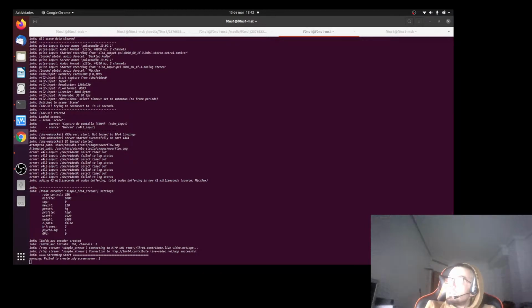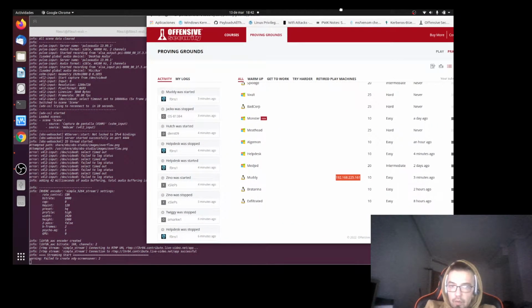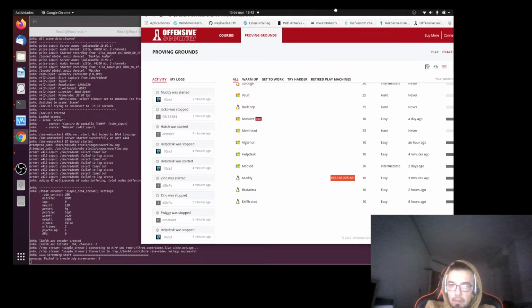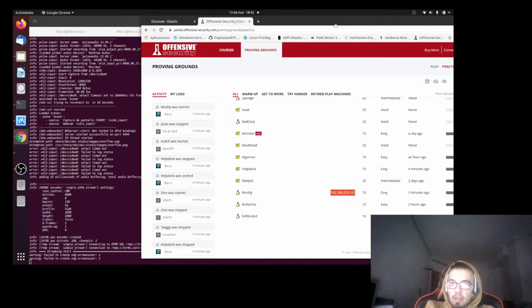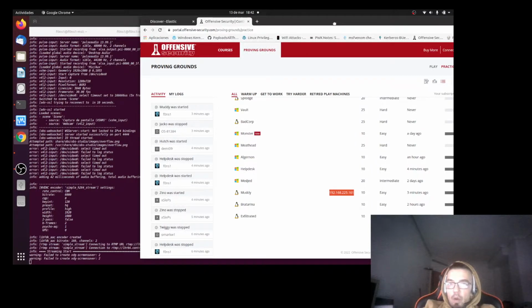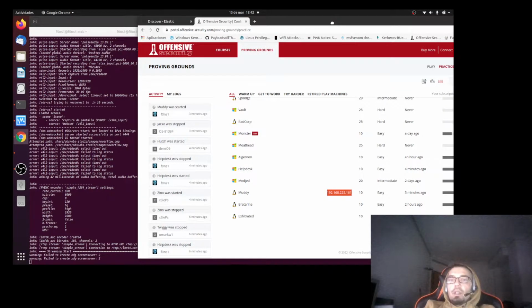Let me close it. We are going to perform access and privilege escalation over the Moody machine. I think that is the most interesting machine that I performed a penetration test on this weekend. You gain entry using a WebDAV application, uploading a reverse shell, but